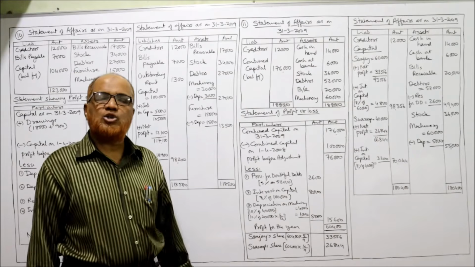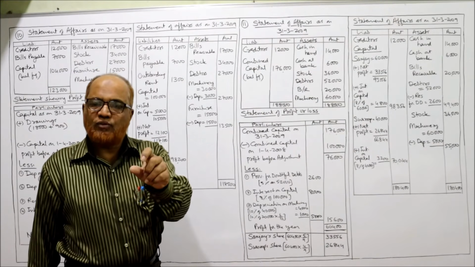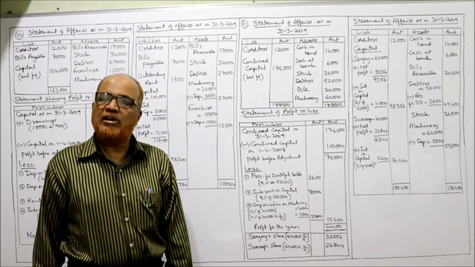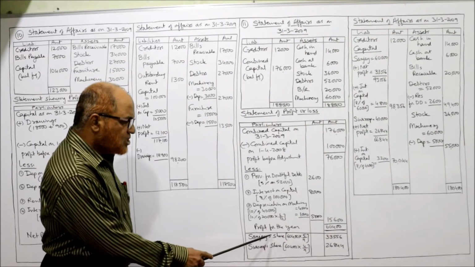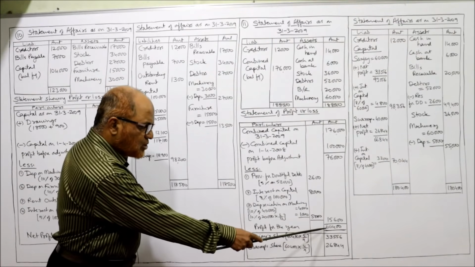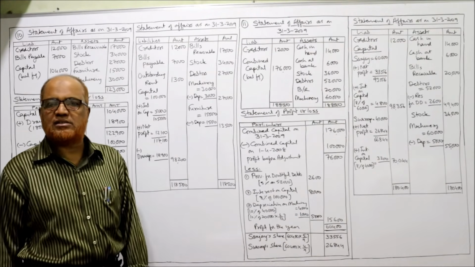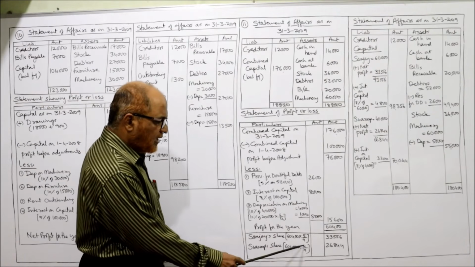What is the profit sharing ratio given in the problem? 5:4, given in the problem. So 5 by 9, 4 by 9. Sanjay will get 5 by 9, Swarup will get 4 by 9. So here Sanjay's share of profit is 60,400 into 5 by 9. It comes to 33,556. Similarly Swarup's share 60,400 into 4 by 9,